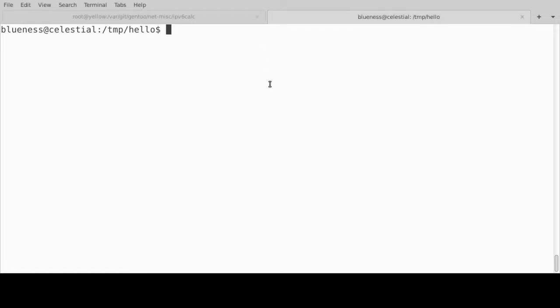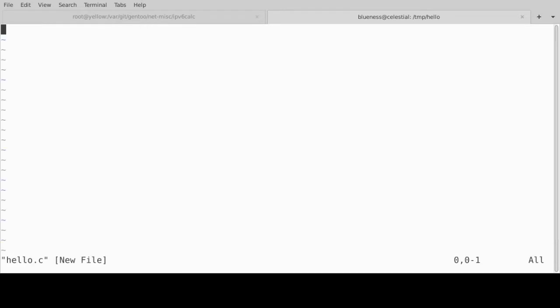Basically, I can issue commands in this environment, and it just responds to me. Now that ls just tells me to list all the files that are in this directory, and there are no files. So the first thing I'm going to do is write a little program for you in source code, in a language called C. This is the language in which I will write the program, and I have to get into a text editor, and so this vi just basically says, start editing this file called hello.c,